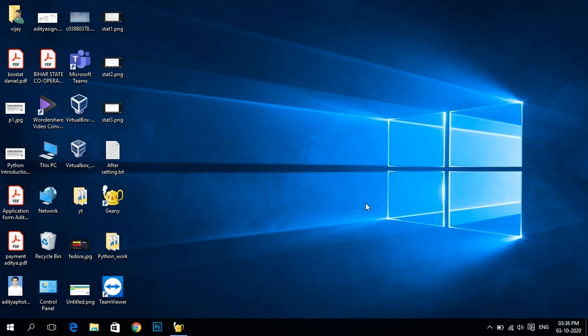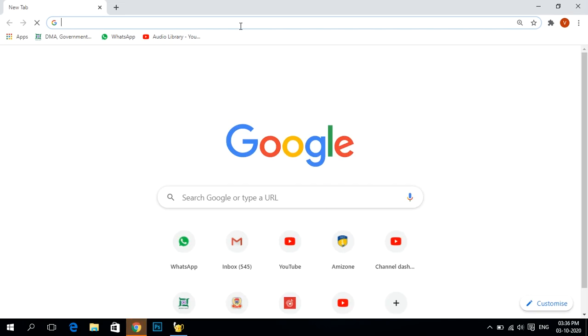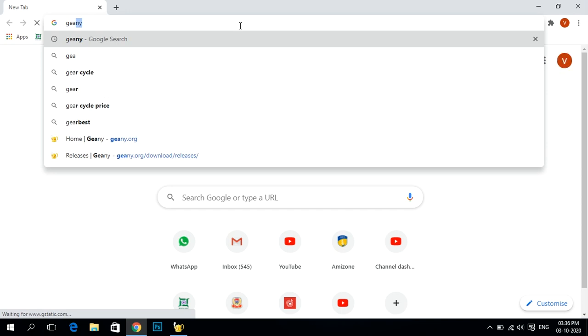First of all, you have to download the Geany text editor. I have installed it from the website geany.org.